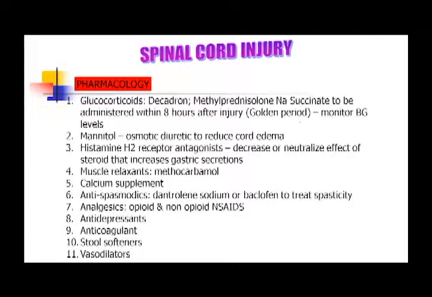Muscle relaxants also, methocarbamol, calcium supplements to prevent bone decay or anong tawag natin doon? Take note that immobility has a tendency to, when there is prolonged immobility of the patient or masyado silang naka-bed rest,